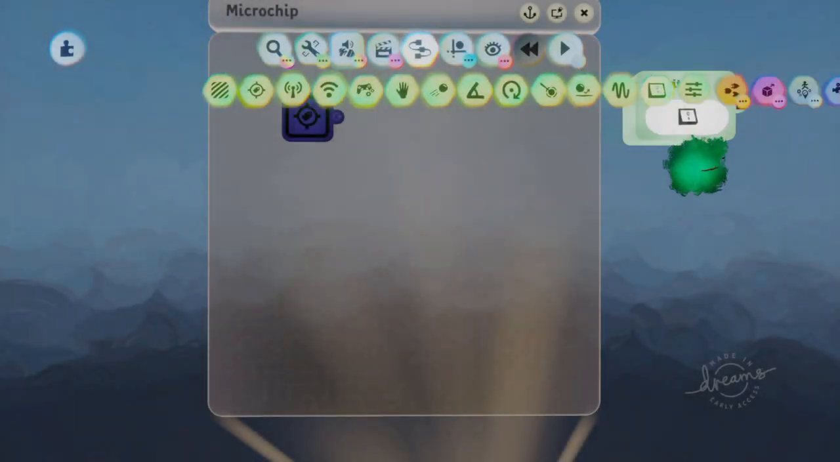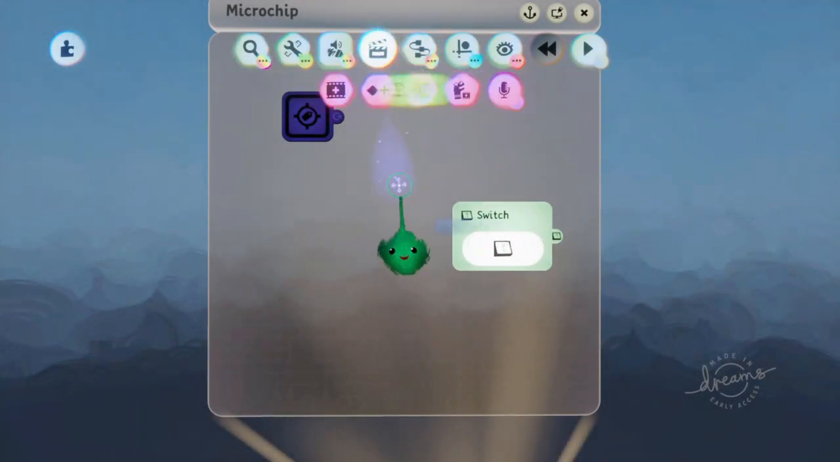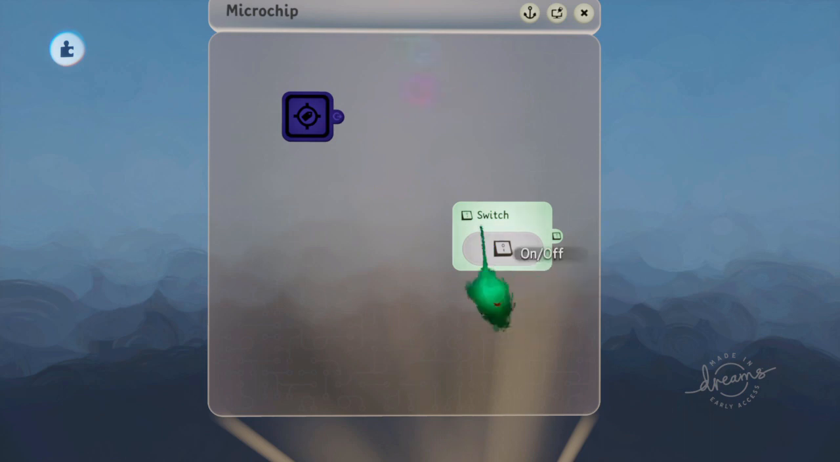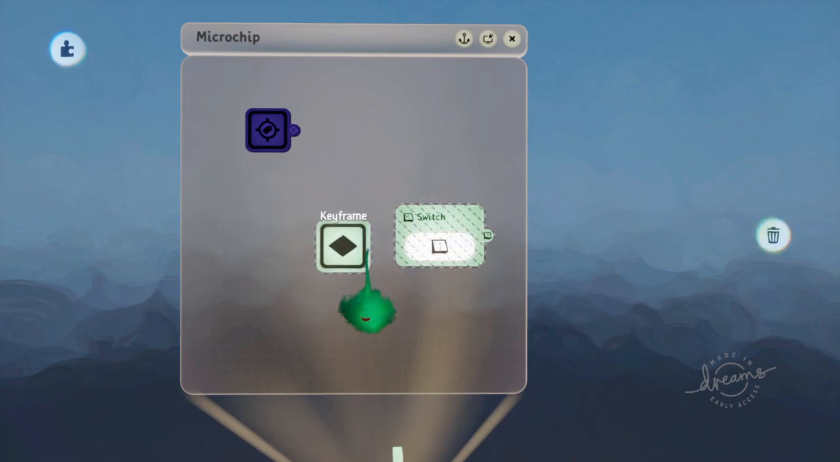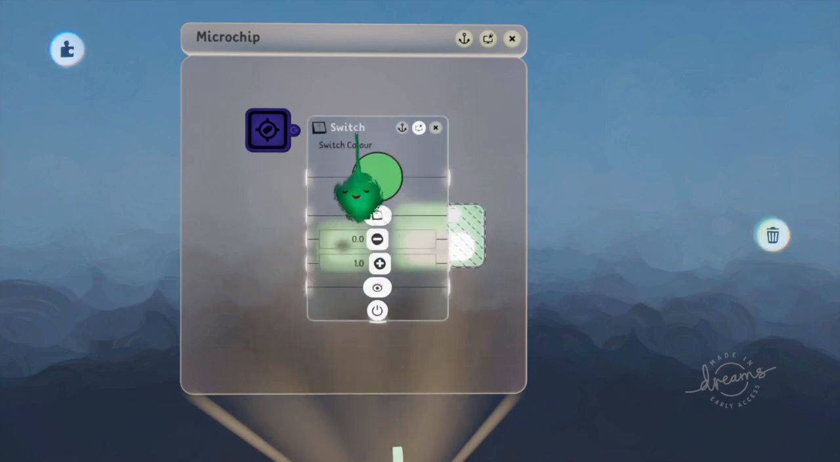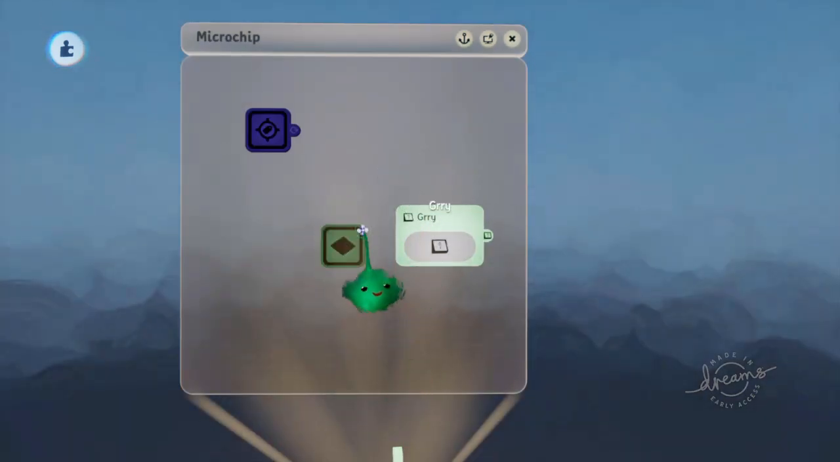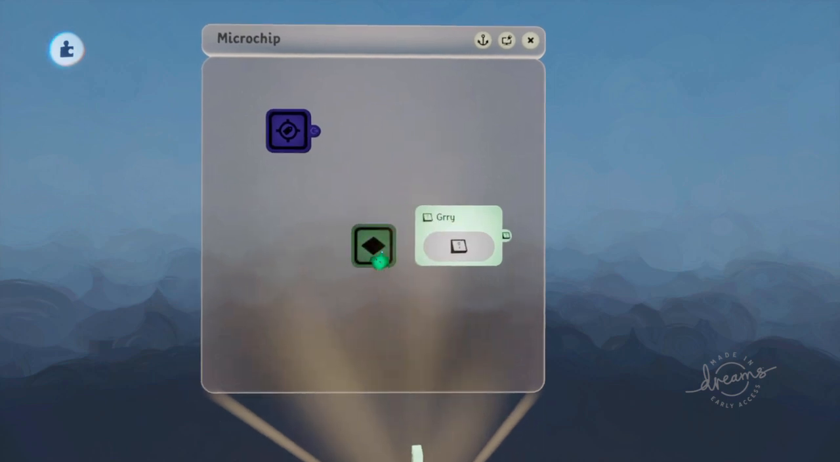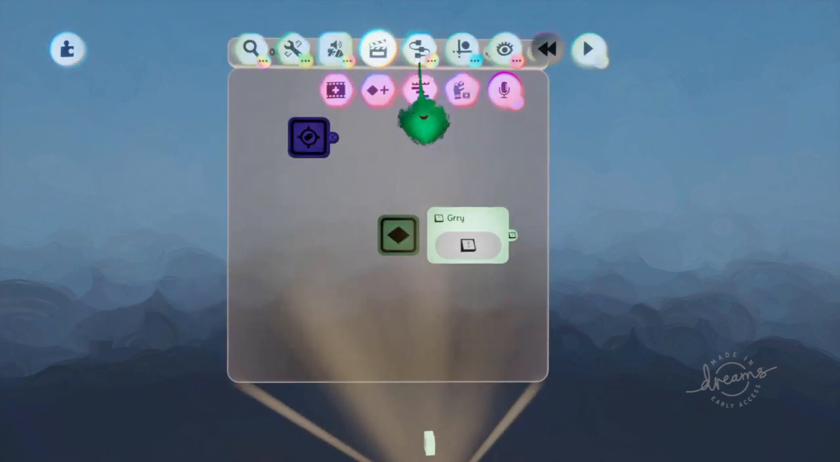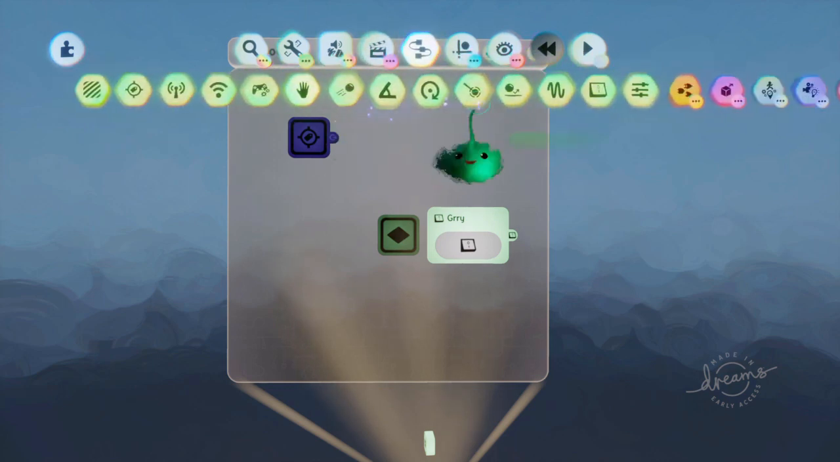So you have a switch, and you have that switch off, and use a keyframe to turn it on. And you can select both of them at the same time and tweak them and give them a name, like Gary, and now they're both called that, and you could make them the same color or whatever you want to do. So what this means is if there's some piece of logic